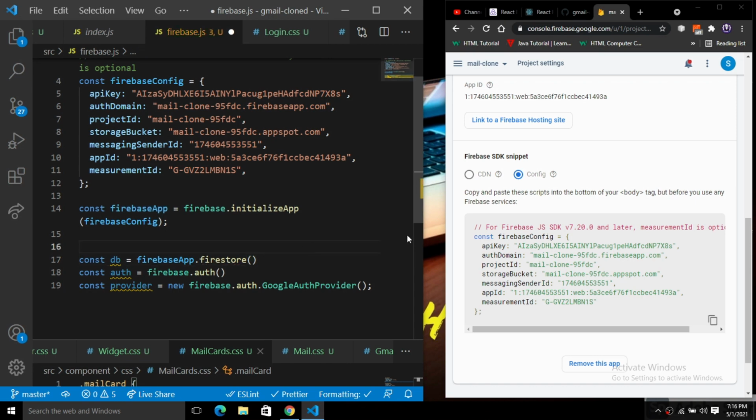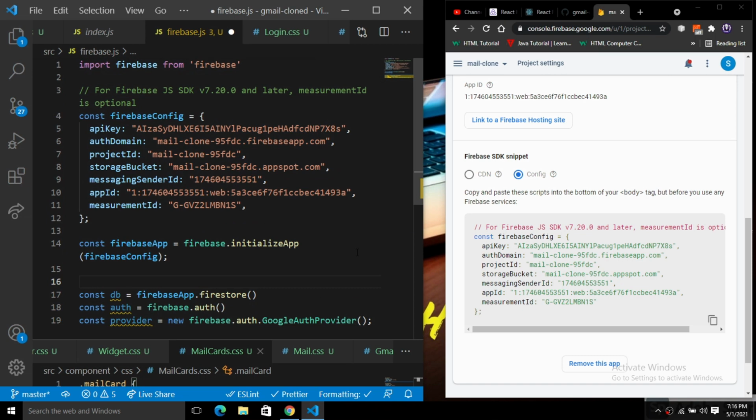So we are done with this. This is the exact configuration you have to do for using Firebase inside your project. You just pass the config here and then initialize the Firebase app. If you are using Firebase authentication, then you have to create an object for the Firebase auth, and then you have to pass which provider you are going to use. In this application we are using a Google Auth provider, so we have provided here the Google Auth provider function, and that's it.